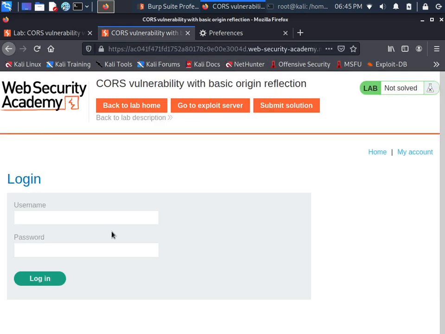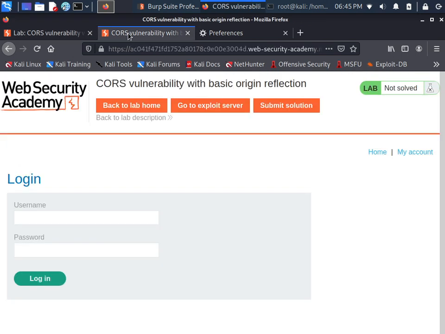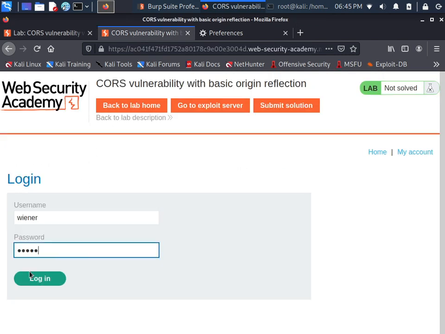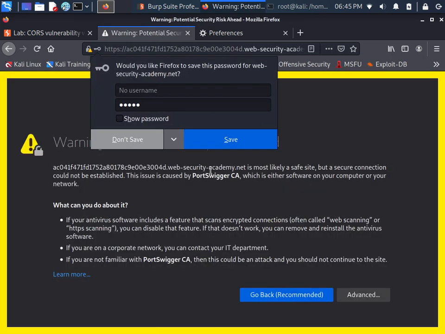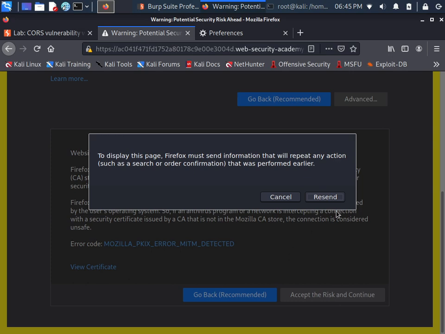There is a login, username and password which we already got. The user is wiener and the password is peter. My pronunciation might be wrong. So let me copy paste the username and password and intercept the traffic, right? Login, fine. Advanced, accept the risk and continue.